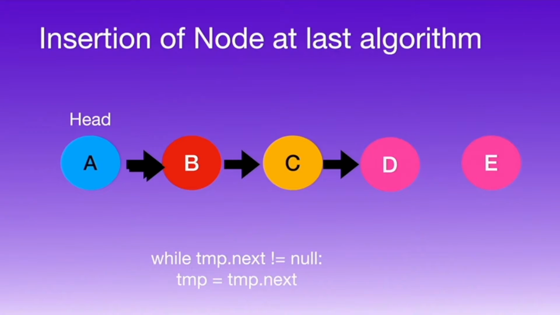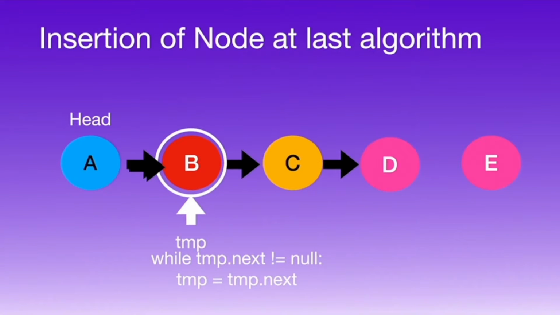So what we will do, we will take a temp variable that will start from the head, and we will run the following logic. We are going to traverse till the end of the linked list. So we have to reach the point D here. We take a temp variable that is initially pointing at the head. Till the point the next of the temp is not null, we will keep on changing the value of temp as temp.next. So currently the temp variable is pointing to node A. Now the next is not null, so temp is equal to temp.next. In this case the temp will point to B.